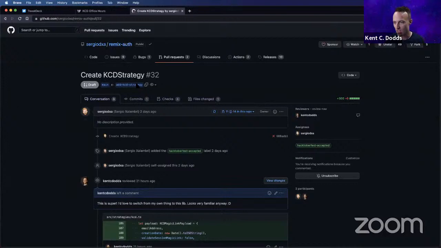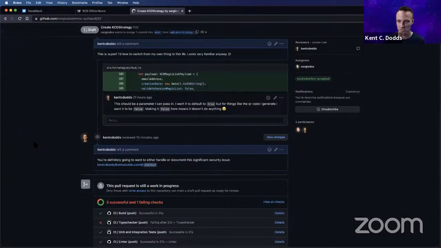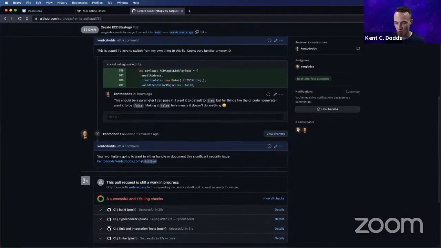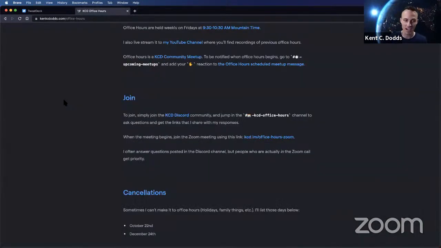as part of Remix Auth. And so I will probably eventually just use their thing. And I let them know about this significant security loophole. So they will add it, and then this won't be a problem anymore. And then I will technically not be rolling my own auth. I'll be using a tried and true library.